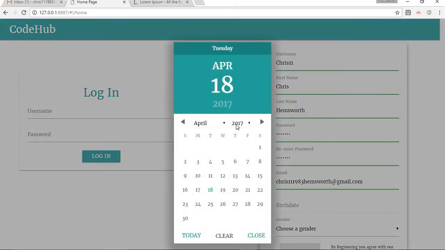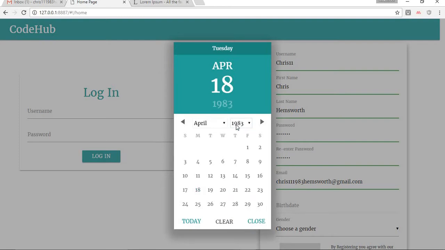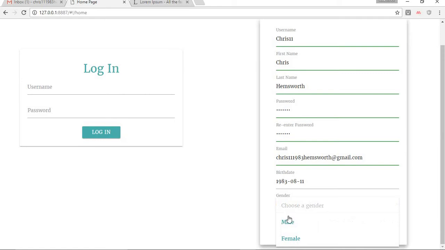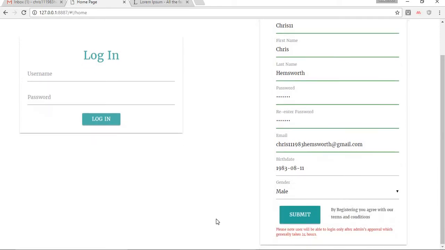Then I'm going to choose the birth date from the date picker, 1983 August 11. Then I'm going to choose the gender male, and after all the details have been submitted, you can see the submit button has been enabled, and the note here says that the user will not be able to log in without the admin's approval, which usually takes 24 hours, but in our case we are going to approve it now. But before that, let's send the registration request,